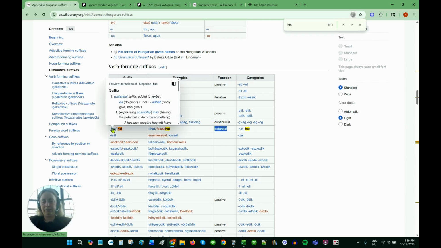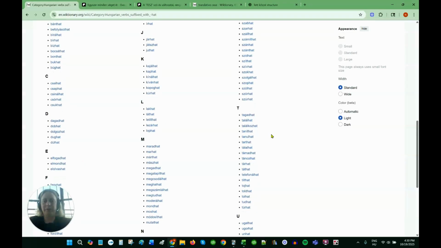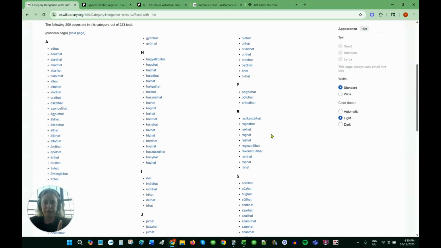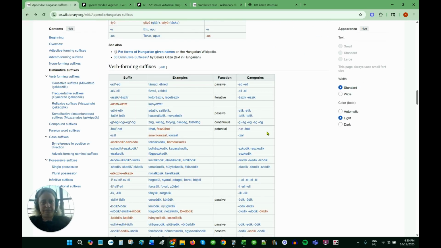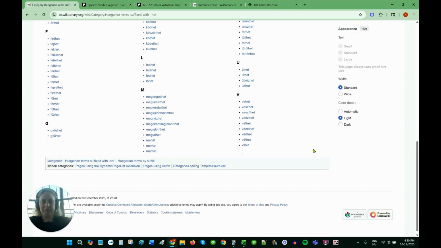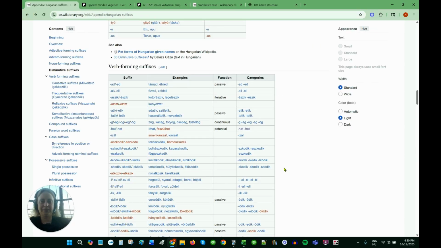If we look on the left and we click on it, it will give us the definition. If we look on the right, it will just give us examples. And basically you can add it to any kind of verb. So you're going to have 1.5 million examples. And that's just hat. Remember, with the front vowel, you would say het. So here's the het page. And that's just the ones that they decided to have a Wiktionary page on. It can be added to any verb.